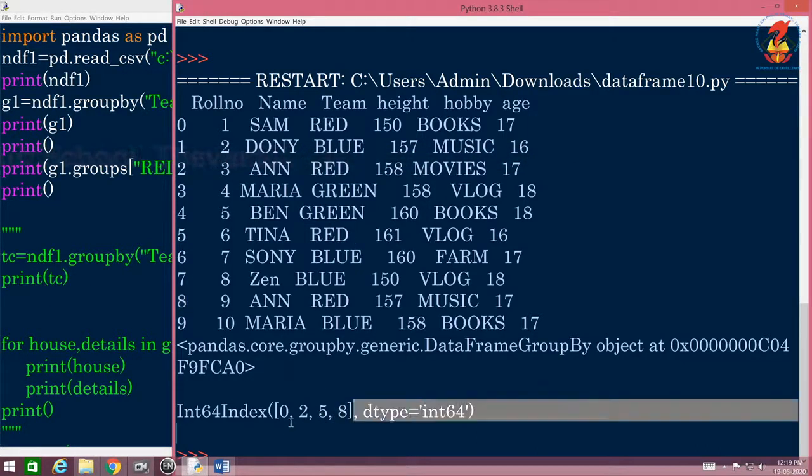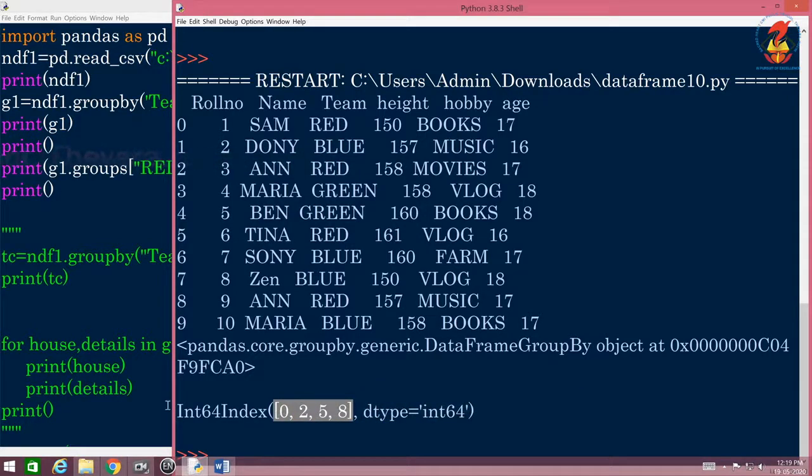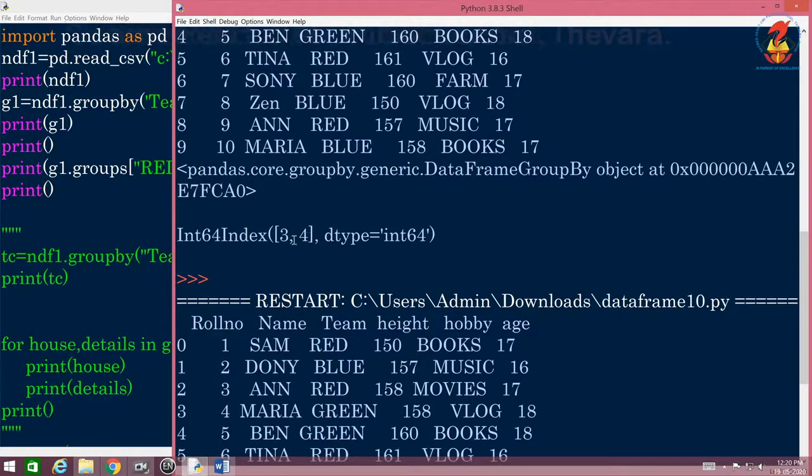So basically you are expected to write where and all it is found. In int64 indexes, to make sure that index is of integer type. So it's given here also, same thing. Data type of index is int64 and the index value is shown here. So this is what we expect to write. Int64 index is given as a bracket. So the answer for this function, that is groups of red now, comes here. Groups of green earlier came with 3 and 4.